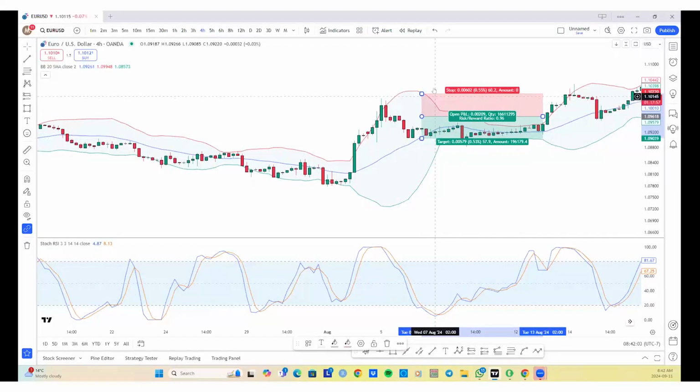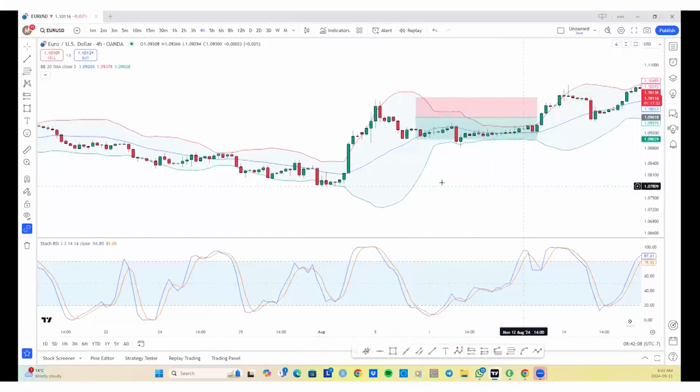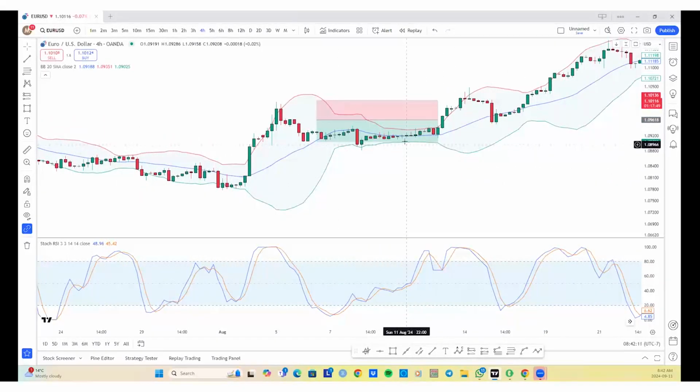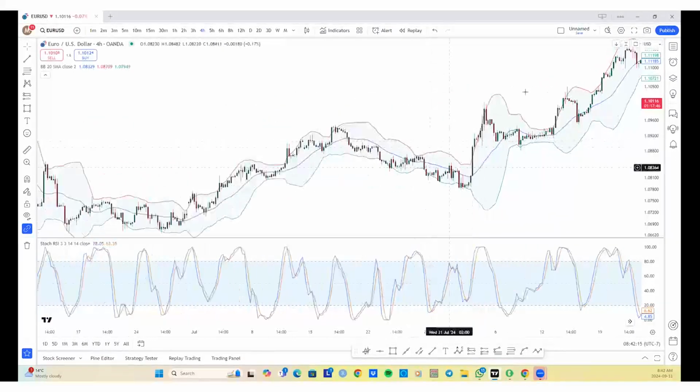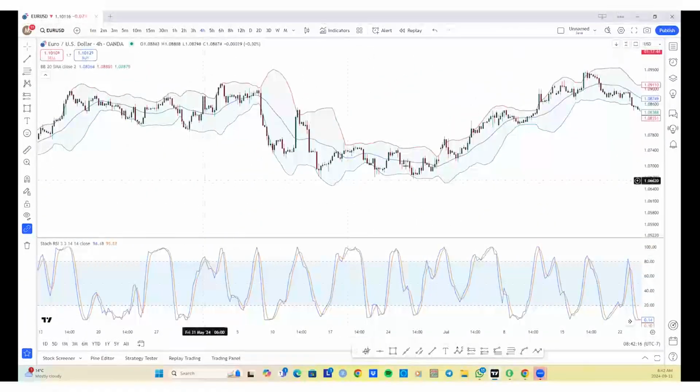As Hector mentioned, it could be a risk ratio of one to one for this trade, and that could have been a really good profitable trade for you. So that's basically how it works. If I can find a really good example,